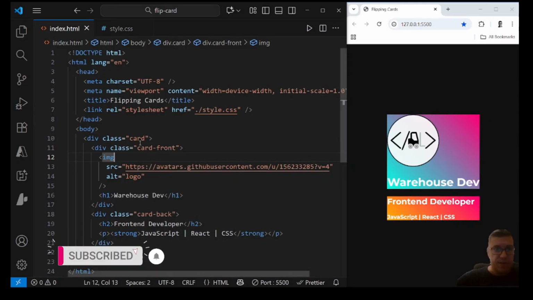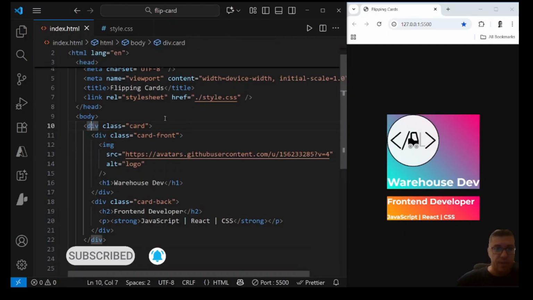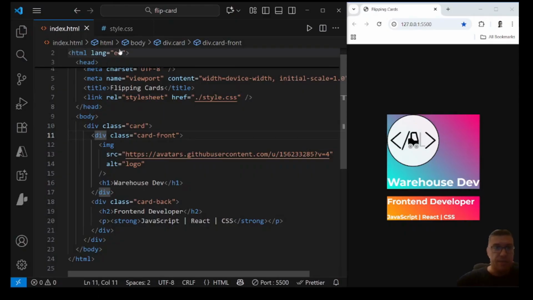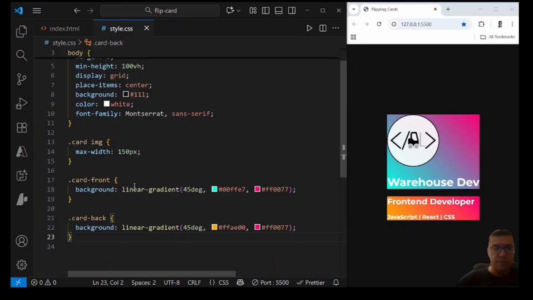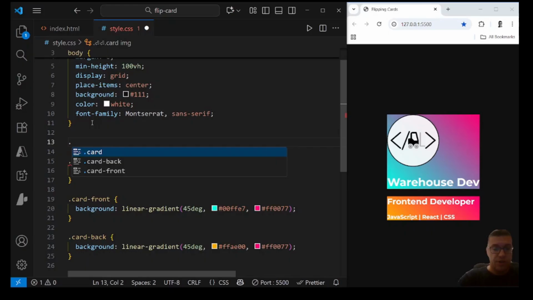As you can see in my HTML, I have one div with the class of card, which is the container, and I have two divs, card front and card back. In my CSS, I have some styling for the body with colors and fonts, and also I have my two gradients, one for my card front and one for my card back. Alrighty, let's get started with styling our card